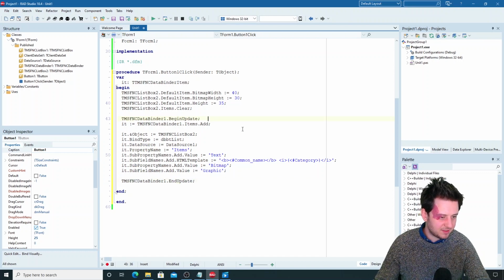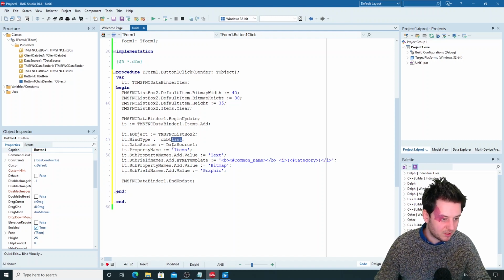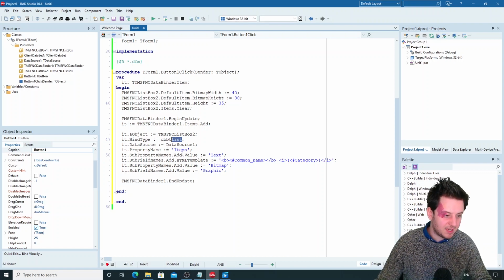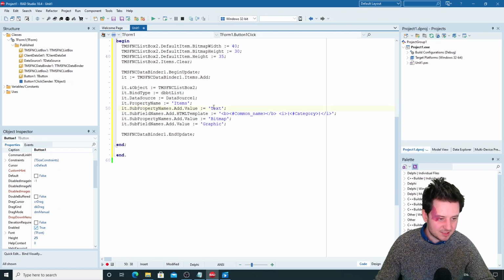So we'll add an item to the DataBinder component. We'll set the object of that item, so to which we will bind to the listbox 2. Then the bind type is of course again a list. We will use the data source 1, which is the data set of our XML object. Then the property name items, as we did previously in the editor. And then we'll use the sub-property names array, where we add the text value